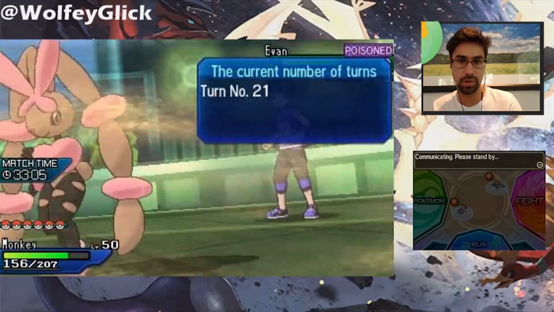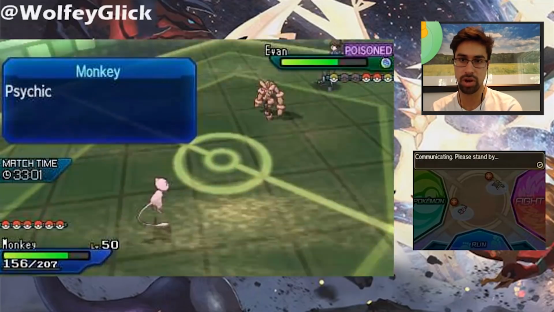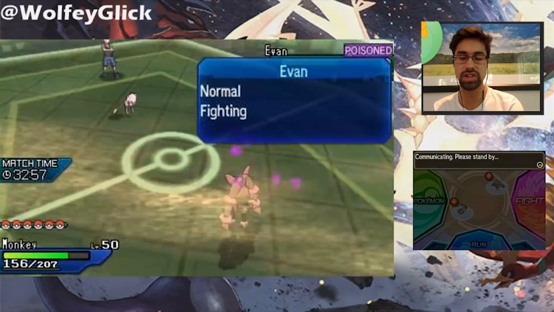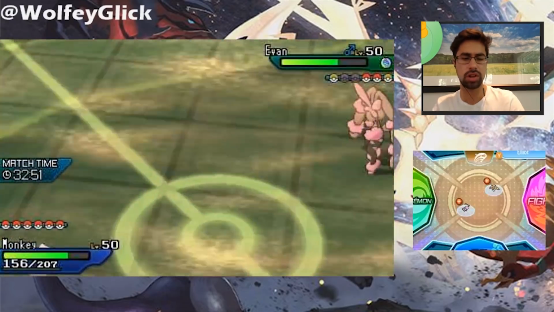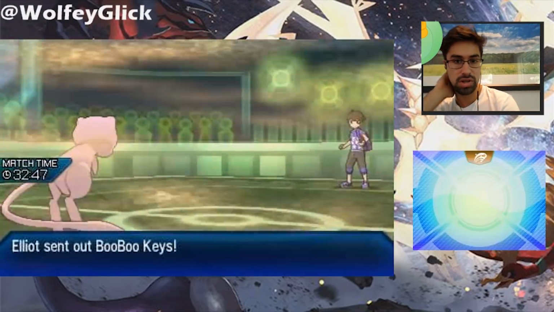But again, I think if we get rid of this, the spikes that he has up aren't super threatening, in my opinion. If he goes into Alamalama again, then actually, if he goes into Alamalama here, I'm just going to Defog and get rid of his spikes. Wait, Alamalama gets Heal Bell, doesn't it? He switches out, actually, okay. Into Boo Boo Keys. Alright,